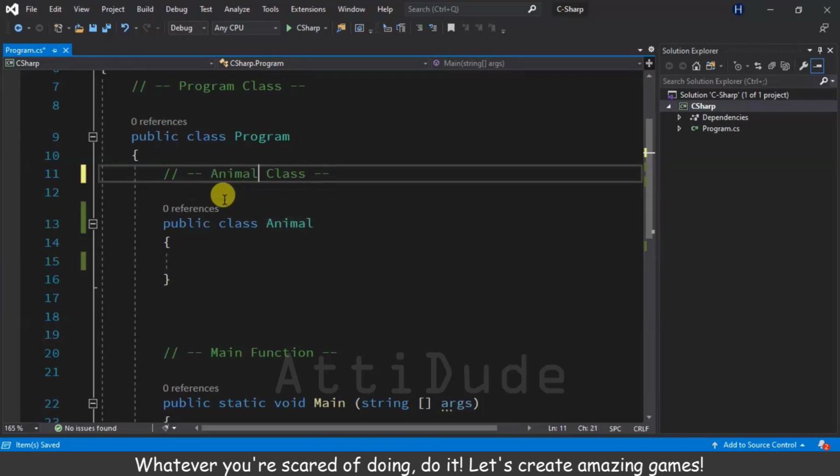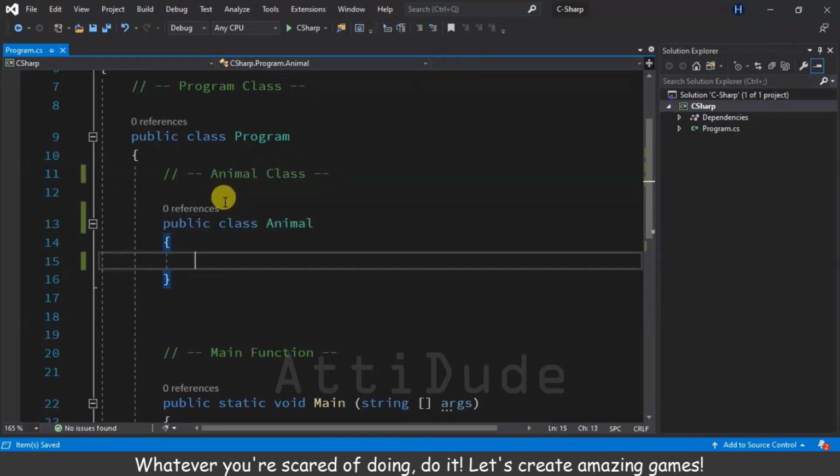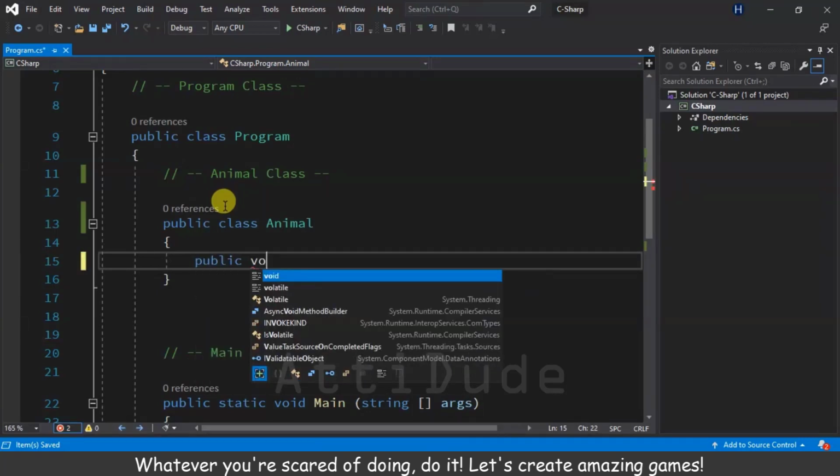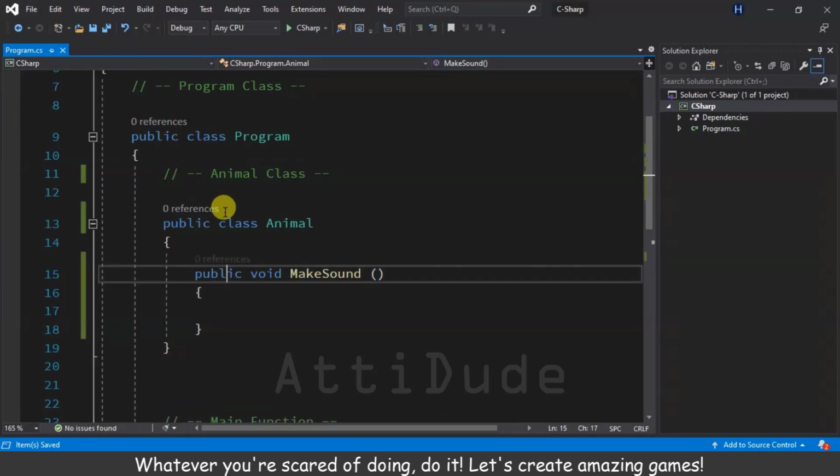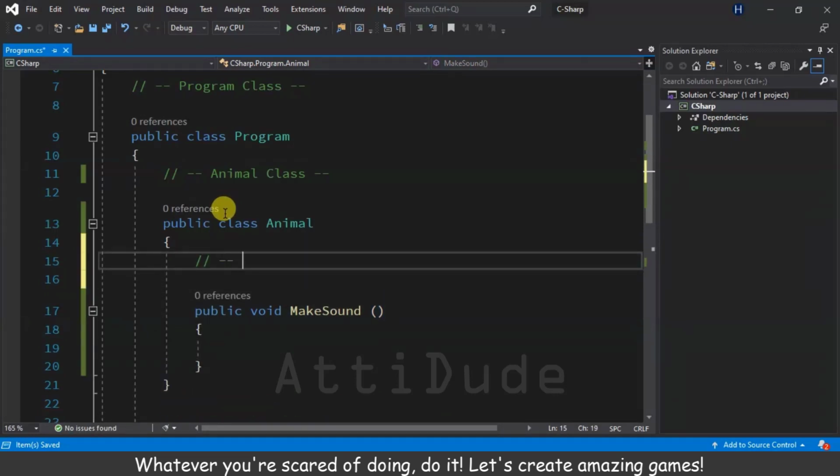Okay, and then in here let us create a new function. Let us set that to be public void make sound. Okay, so we now have our make sound function,